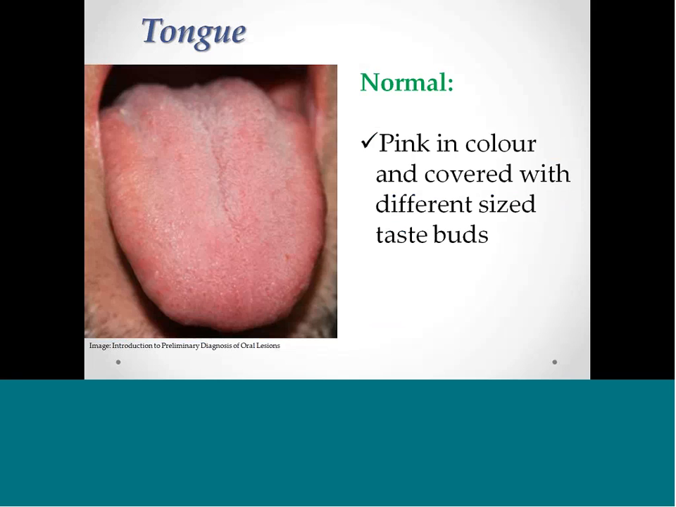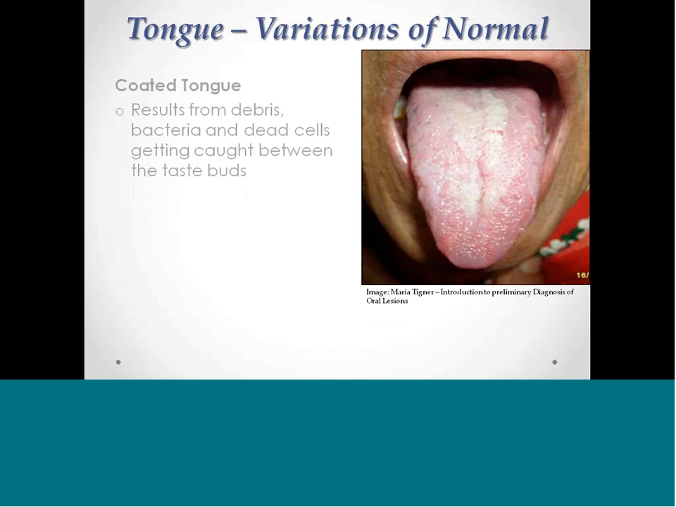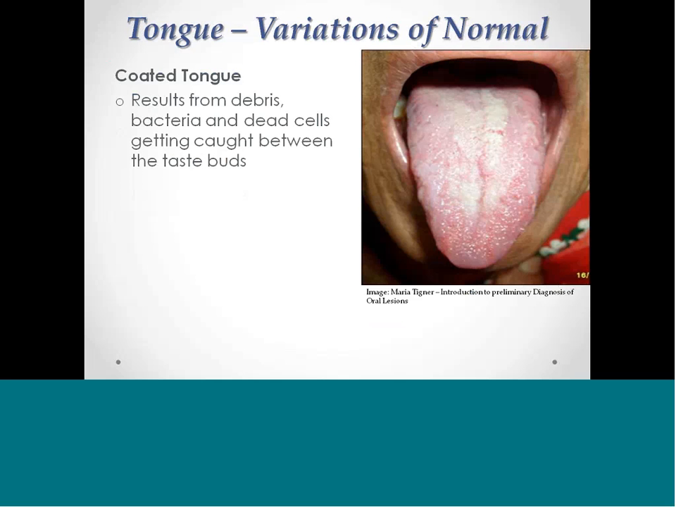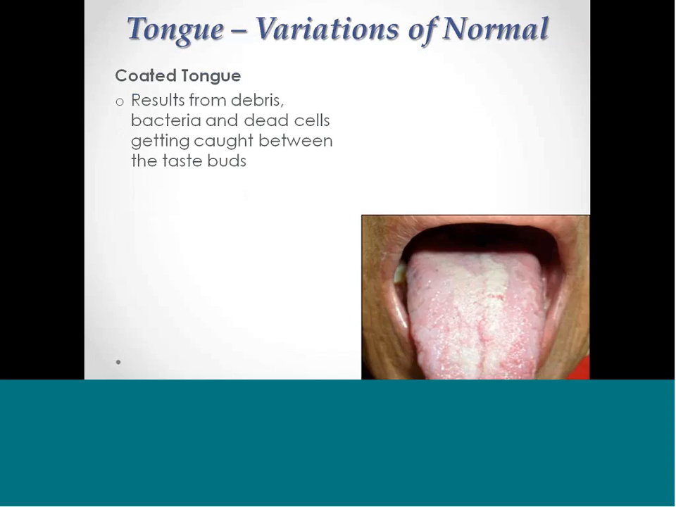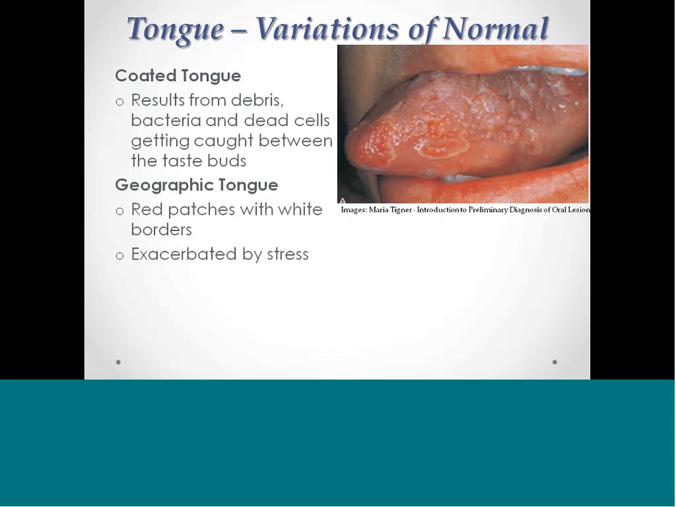Many normal and healthy variations can be seen on or underneath the tongue. Typically, we should see a pink, non-coated tongue with a uniform appearance across the tongue. So firstly, here are some variations of normal. A coated tongue results from a buildup of debris, bacteria, and dead cells accumulating between the taste buds on the tongue. And next we have a geographic tongue, which presents as red patches with white borders, as shown here